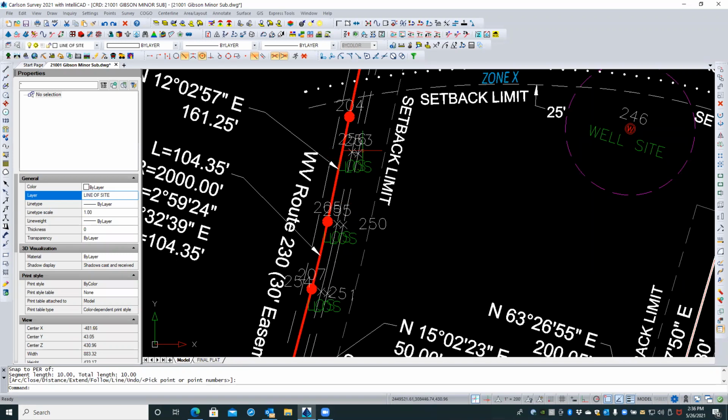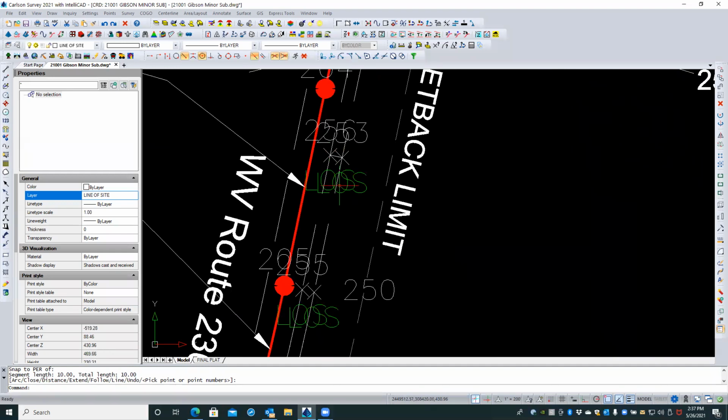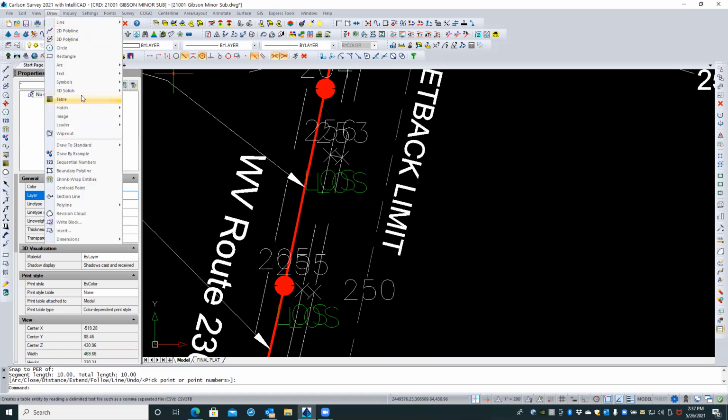Okay. And so what we're going to do next is isolate just this line and those two little lines that I drew here. And then we're going to hatch in between. Or actually, we don't even really need to isolate it. We could just simply pick the boundaries. Let's just do that instead of confusing everything. So if I'll let you do this, if you go to your draw hatch,